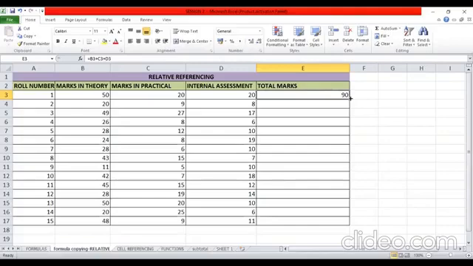Once the cursor becomes a thin black colored plus sign, just drag this cursor, keep pressing the left mouse button, and drag the cursor to all the cells where I want to copy this formula, and then leave the mouse.